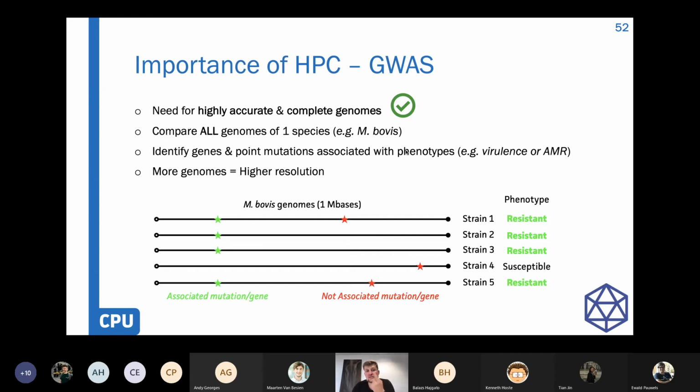A point mutation is one single nucleotide within the 1 million base pair genomes that can be linked to antibiotic resistance or even virulence. Now, the more genomes we can enter, the higher the resolution will be, of course. Just a simple drawing here at the bottom. If we have 5 different strains of Mycoplasma bovis, and we know their phenotypes, in green they are resistant, this one is susceptible, we are able to identify specific sites within the genome. Either it is a single mutation, which is one nucleotide, or an entire gene, for example, which can be associated